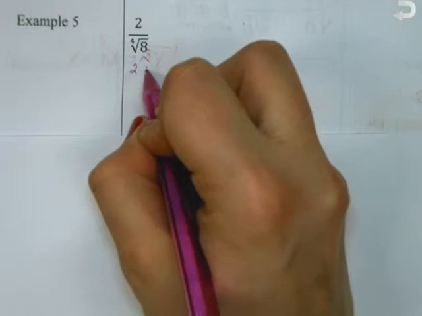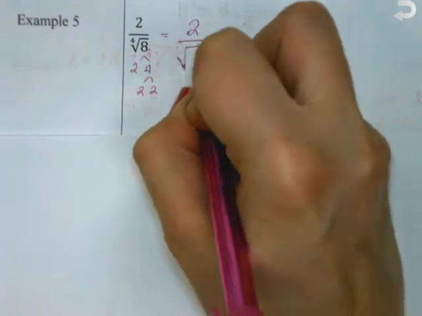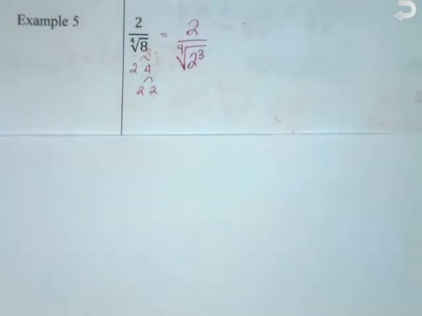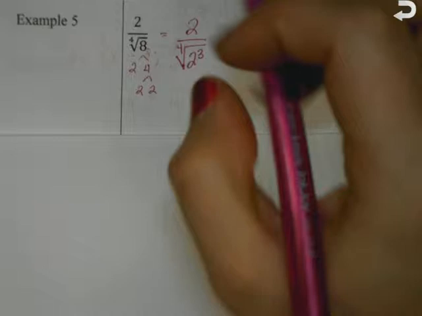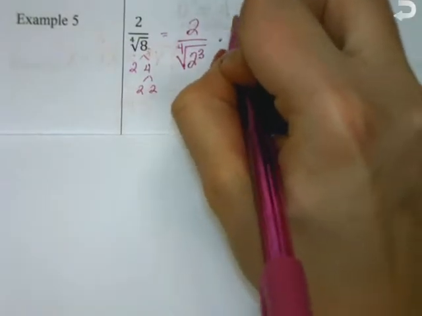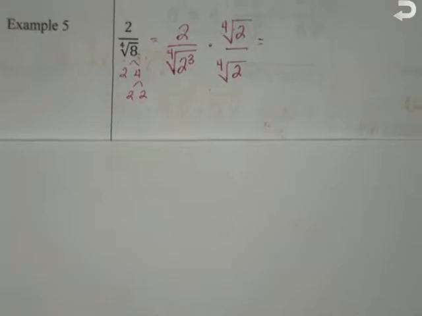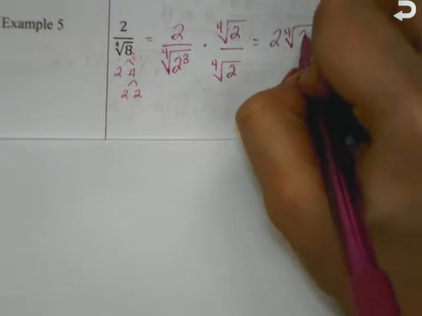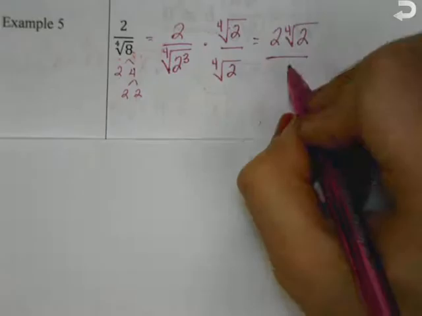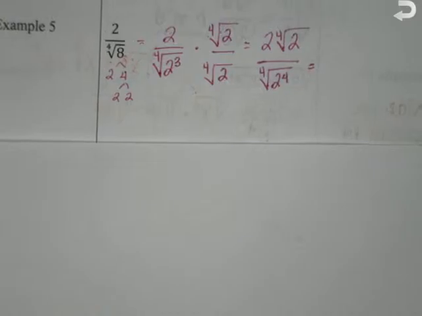So this is the same as 2 over the 4th root of 2 to the 3rd. If I have a 4th root, how many 2's am I missing? 1. So let's multiply by the 4th root of 2. So on top, what does that give me? 2 times the 4th root of 2, all over the 4th root of 2 to the 4th. So that's 2 times the 4th root of 2 all over